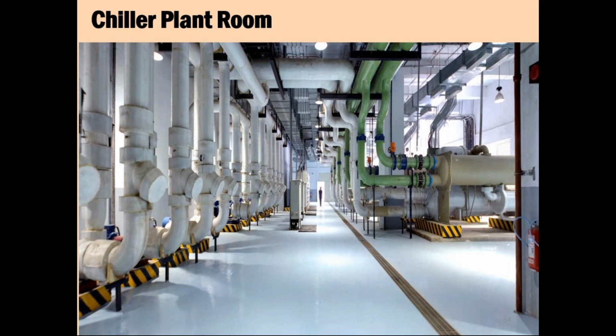And this is how a modern chiller plant room looks like. This photo is from India itself, from Mumbai, one of our clients' plant rooms. On the right hand side here, you can see these water cooled chillers, 5 chillers they have installed,